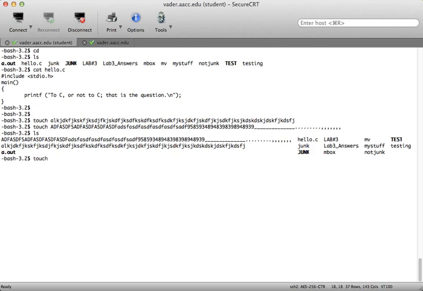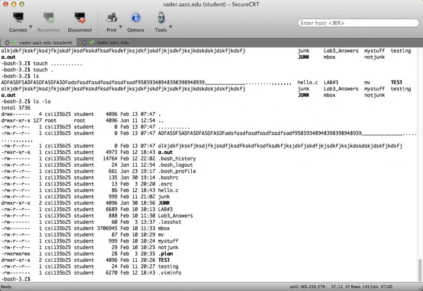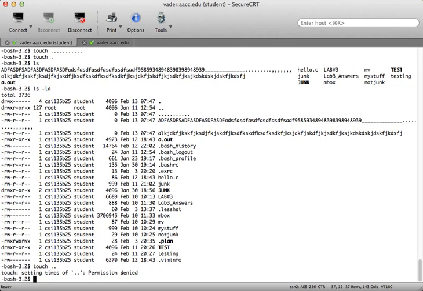I could also create a file that just has periods. Now, what if I tried to create a file with just a single dot? Does it work? Oops, sorry, ls -la. Does it work? So the dot is already there because that's my current working directory. So what if I try to create dot dot? Yeah, I get permission denied because dot dot is owned by root, and root is the group,